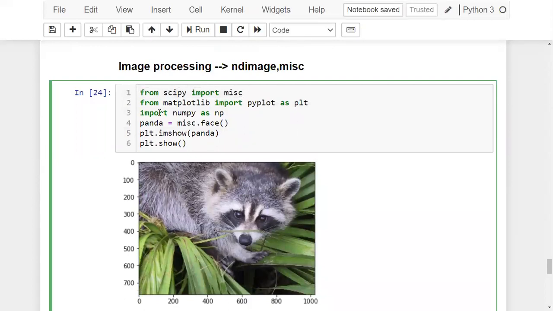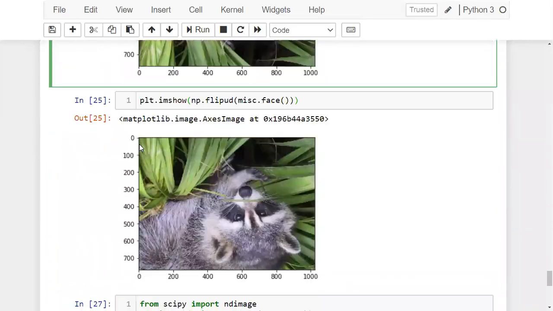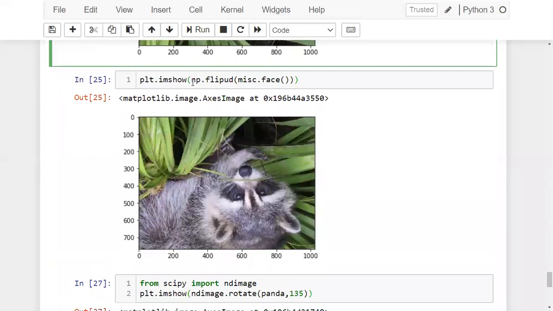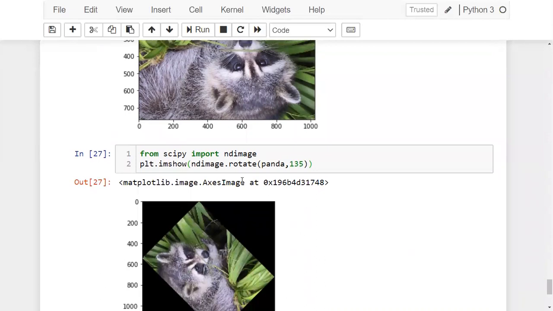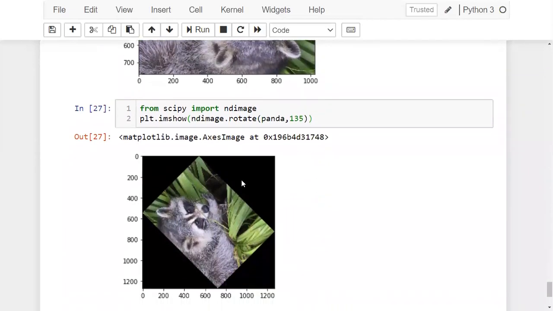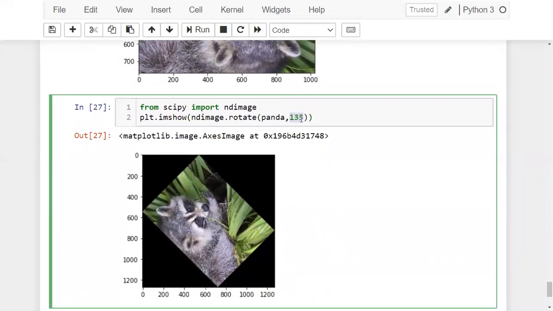See, in this code, I'm just importing the packages, then taking some image with the face function and storing it in a variable panda, and then displaying that image. See, if you are not writing this, then also it will work. After loading the image, using this flipud function, I'm making my image flip down, and using this rotate function I'm rotating my image by 135 degrees.